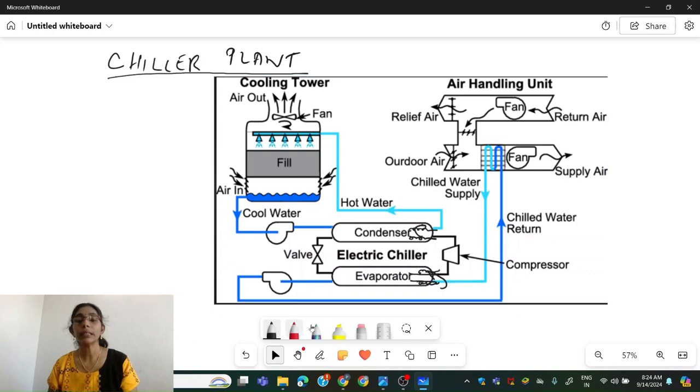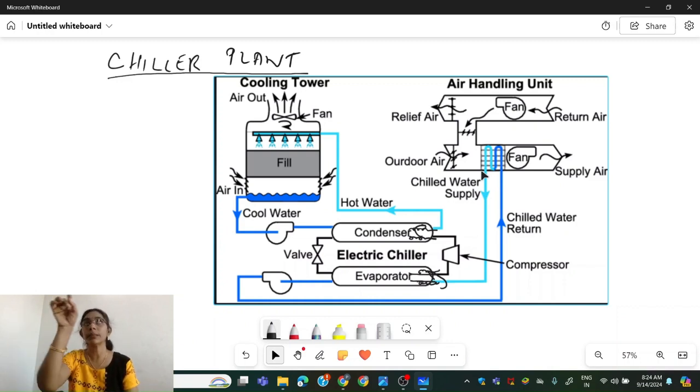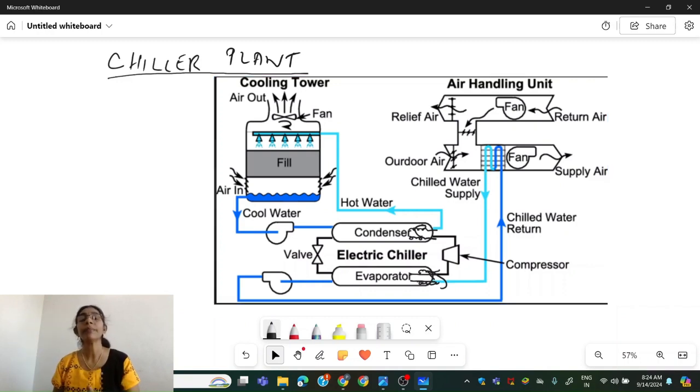Now, here you can see another circuit where the chilled water is allowed to pass through. There will be two types of cooling towers. So here there is one cooling tower and here there is an air handling unit, right? So this chilled water will be allowed to pass through the air handling unit. Suppose you are using this chilled water to cool this space where I'm sitting, then there will be air ducts. So fresh air will enter from the atmosphere. It will undergo heat transfer from the chilled water to the fresh air. The air will get cooled and that cooled air will be allowed to pass through the air ducts and occupy